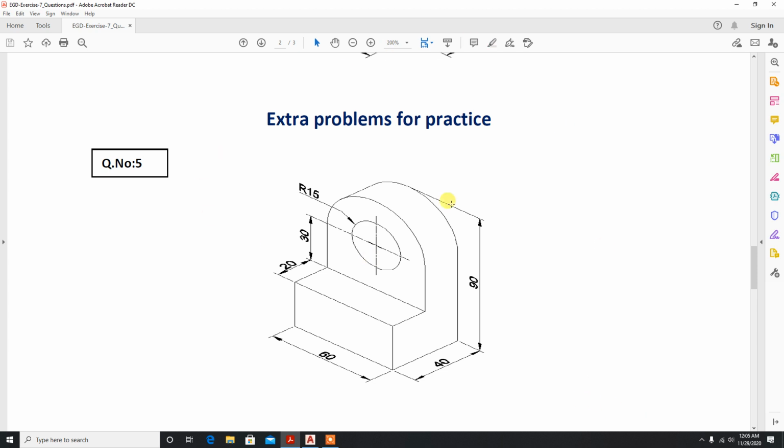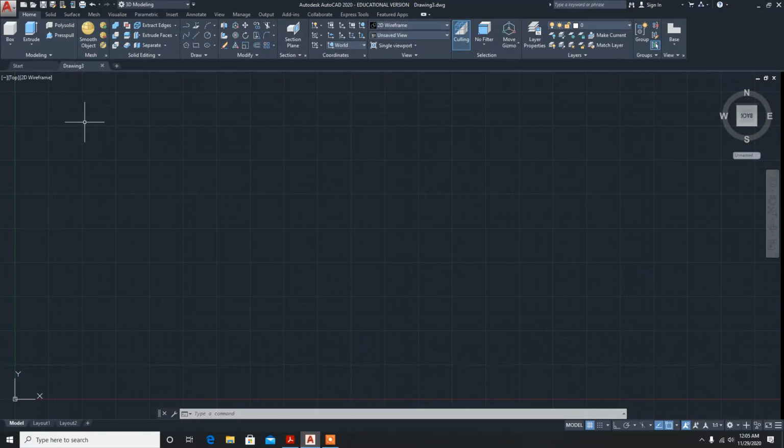Let's get started with the fifth diagram. So in the fifth diagram we'll be solving this problem. So let's get started. So in the fifth problem, first units,